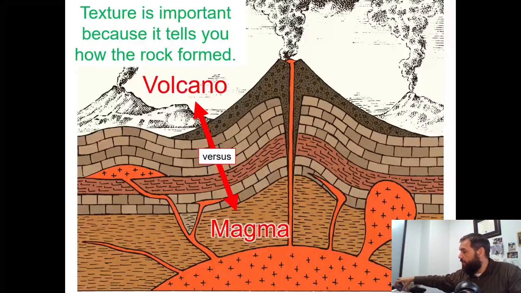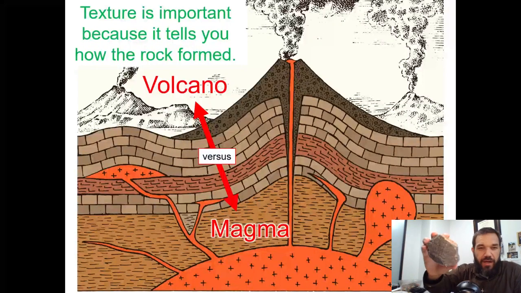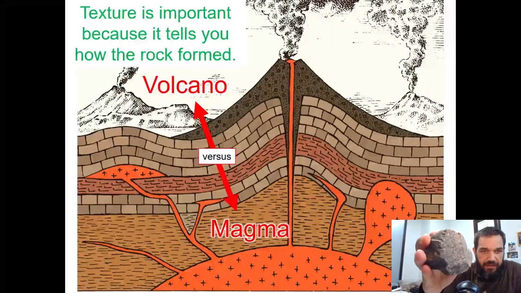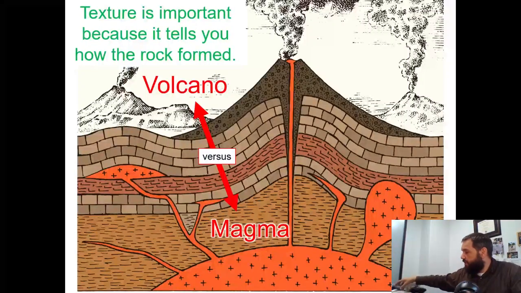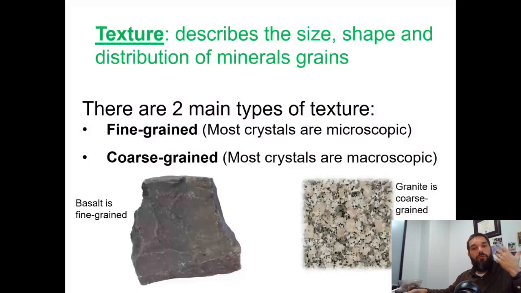Sometimes some crystals start to solidify. Like this andesite, it has a couple wee big crystals, but mostly it's a fine-grained groundmass. That's a volcanic rock as well. But anyway, it's all about time and how much time that rock had to solidify. Okay, so for a basalt, we would call it a basaltic texture. We would call it